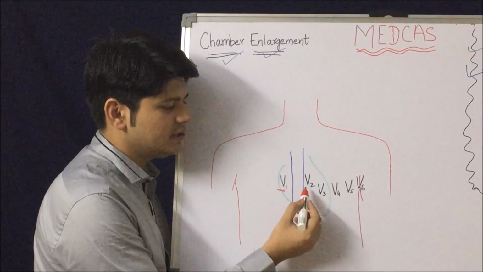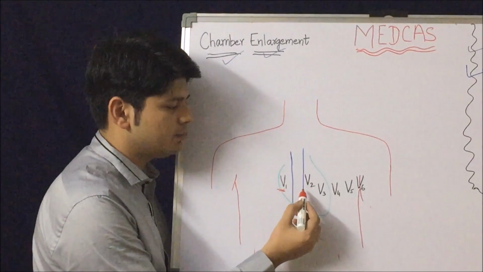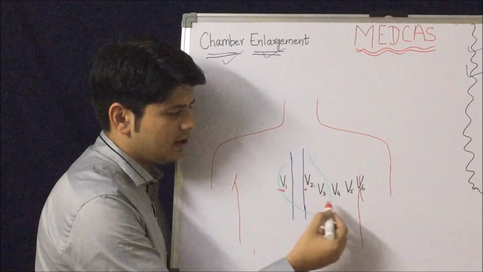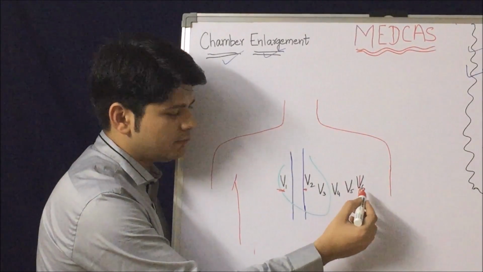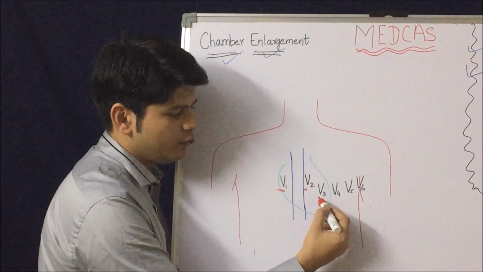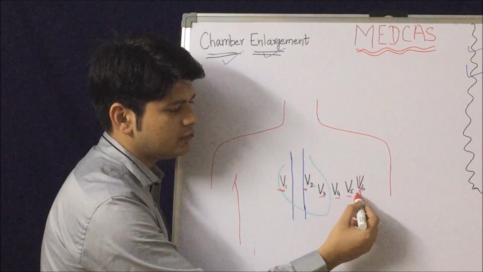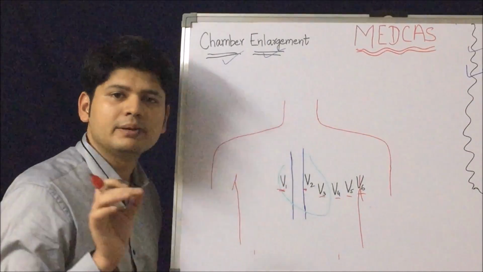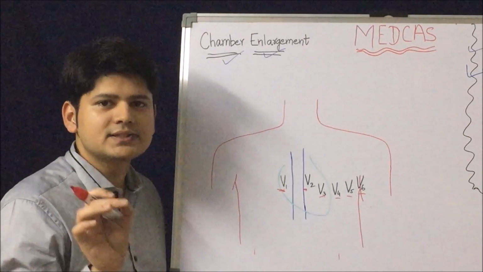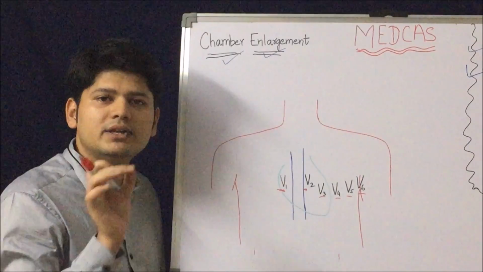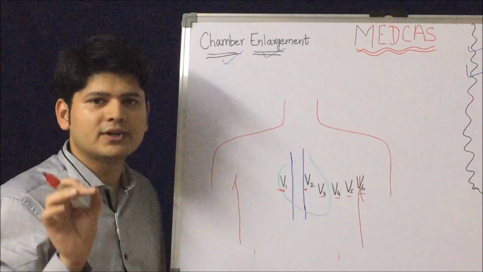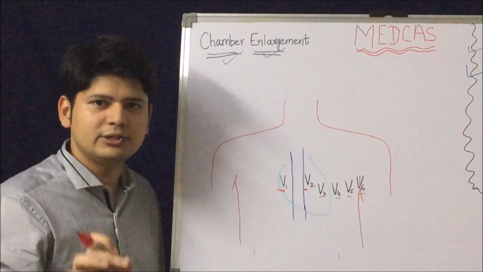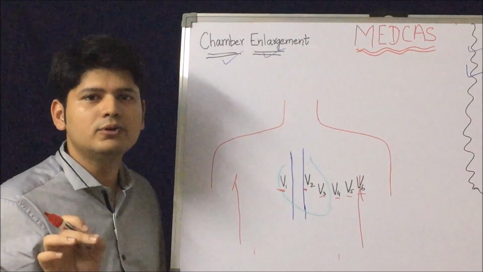Parallel to that, in the left intercostal space you are going to put V2, and V6 will be there in the left mid axillary line. Between V2 and V6 we'll arrange V3, V4, V5 and V6. Now one rule we have to remember: a lead will record the voltage when current flows towards it. Fine. So any lead will record a positive deflection when current flows towards it.